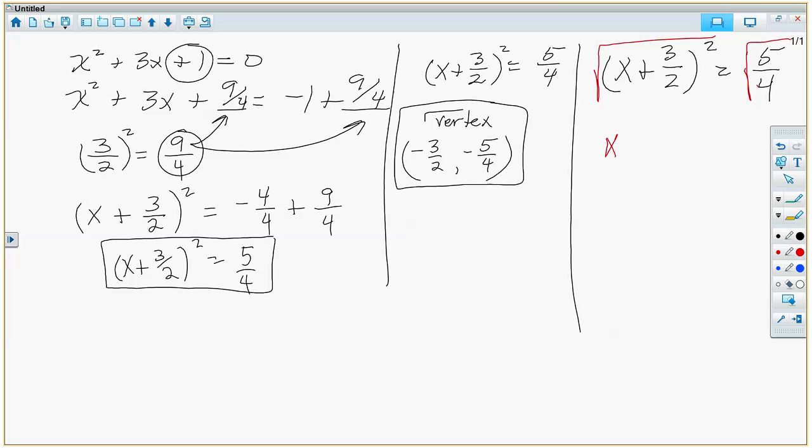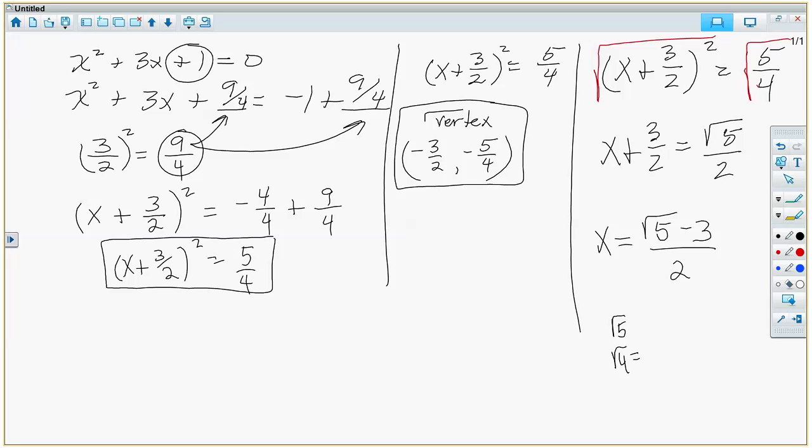x plus 3 halves equals square root of 5 over 2. And x is equal to square root of 5 minus 3 over 2. Now square root of 5: square root of 4 is equal to what? 2. So square root of 5 is probably 2.2. Somebody do it on your calculator. It's a miracle. x is equal to 2.2